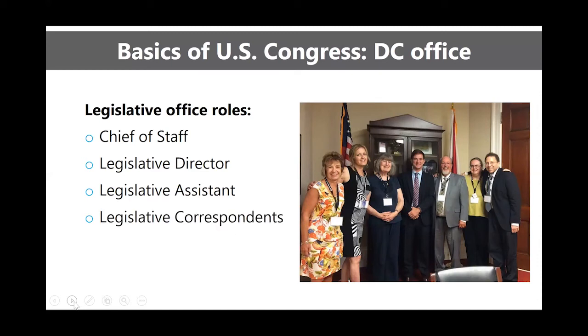Now, also in DC, we have the legislative correspondent, and there's maybe some of these in the district office as well. This staffer, sometimes called an LC, is primarily responsible for managing and drafting responses to mail. Typically, they're very young, under 25, and have less than a couple of years of experience on the Hill or in an office. They really toil away at a thankless job, sorting thousands of emails, faxes, postcards, and letters each month, really with the hope that they're going to get promoted as soon as one of the legislative aides finds